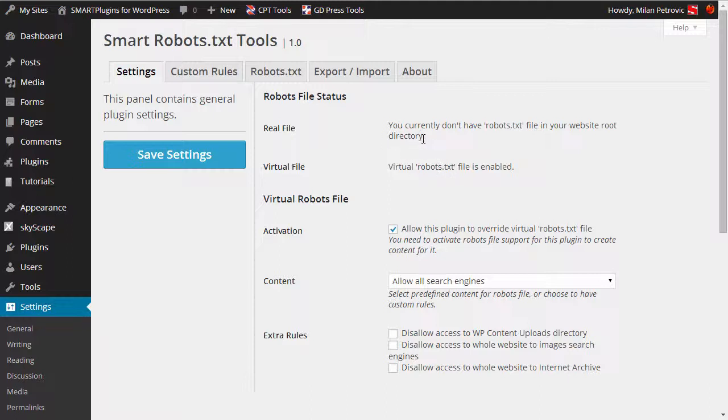Even if you have a real robots file, you cannot use this plugin directly, but you can still use rules generated by it, and you can copy these rules from this robots.txt panel here, and we'll see that a bit later. Since the plugin is active as soon as you activate it, we'll deactivate it right now,